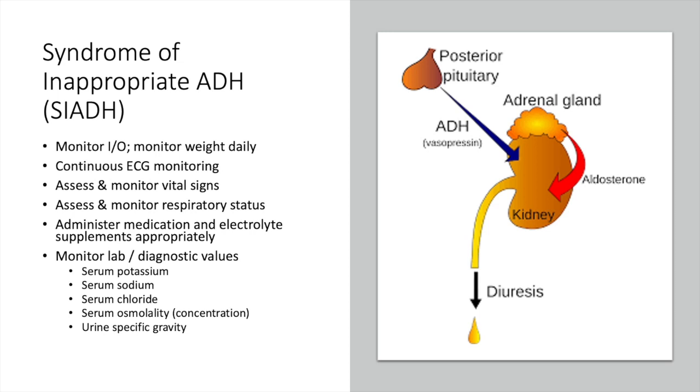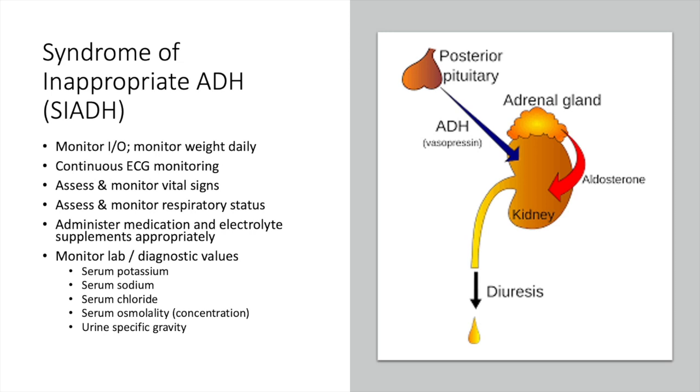this particular syndrome. Some subjective cues that you would pick up on as you're assessing a patient would be nausea, muscle cramps, changes in mood like depression, irritability, and fatigue. Some of the objective data that you would collect would be vomiting, hypothermia, tremors, confusion, seizures, coma, edema, and signs of